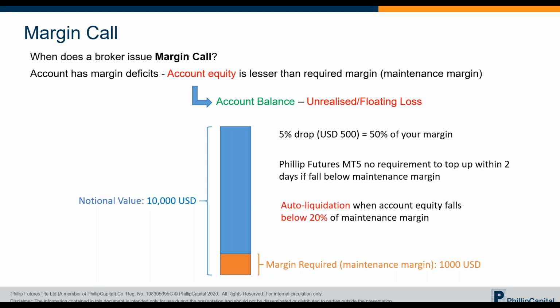In the case of Phillip Futures, however, there's no requirement to top up within 2 days. Instead, we have a risk policy with an auto liquidation function, where your positions will be liquidated when your equity falls below 20% of the required margin. Using the same example again, if the margin required is 1,000, your positions will only be liquidated when you have lost $800, meaning you're only left with 20% of the required margin, just 200 USD in your trading account. That is when the platform will kick in this auto liquidation function